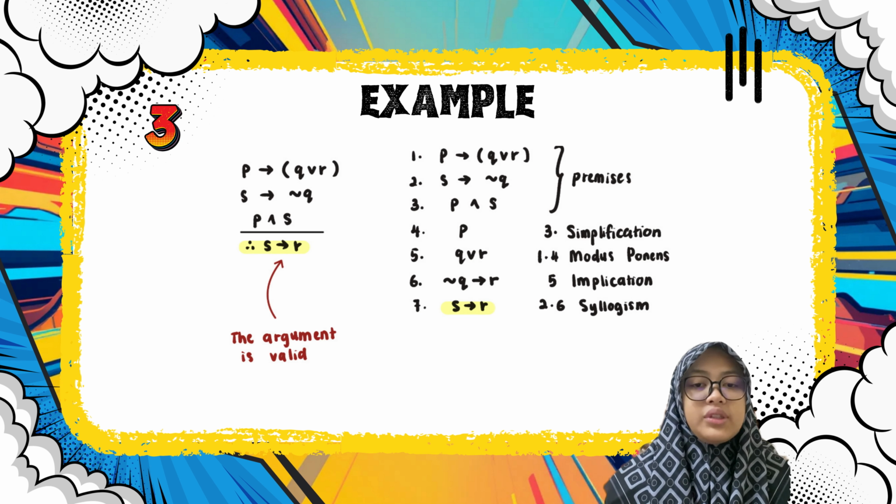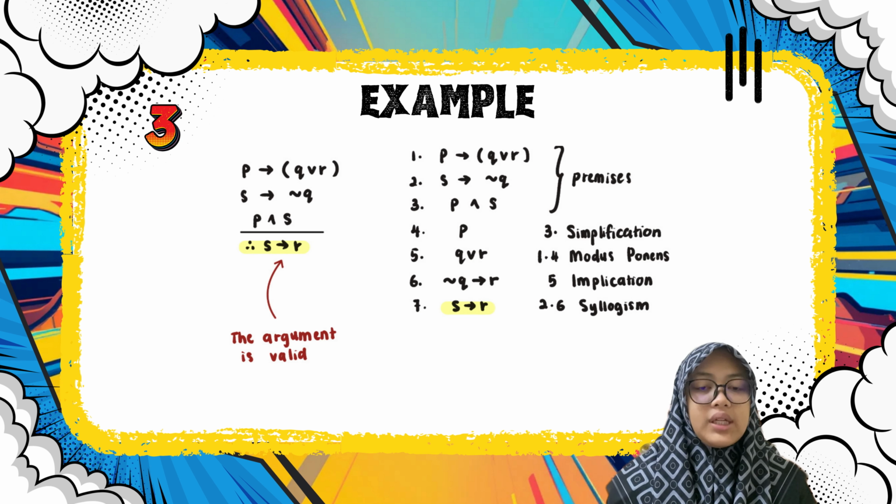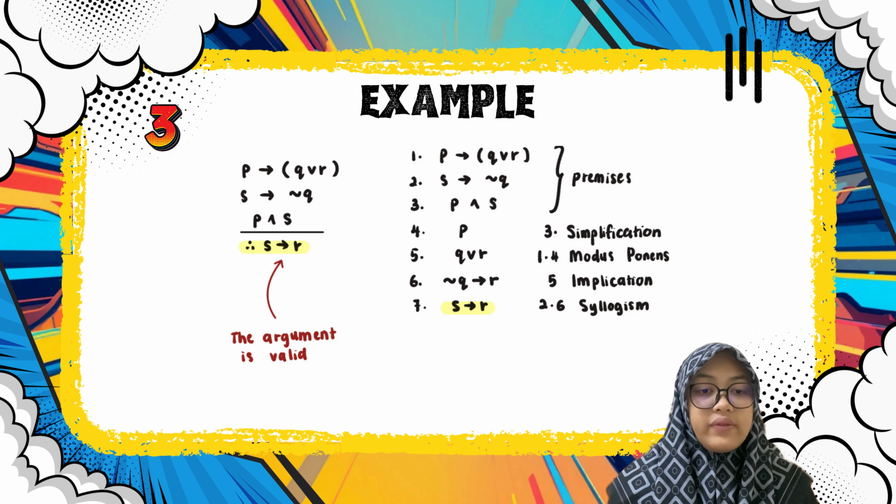So for example 3, we have P implies Q or R, S implies negation Q, P and S. So the conclusion is S implies R. So first we will have to write all the premises, and from number 3 we will be using simplification and